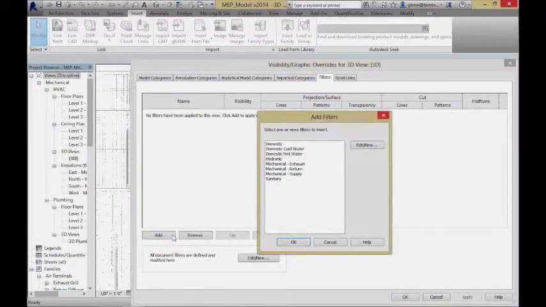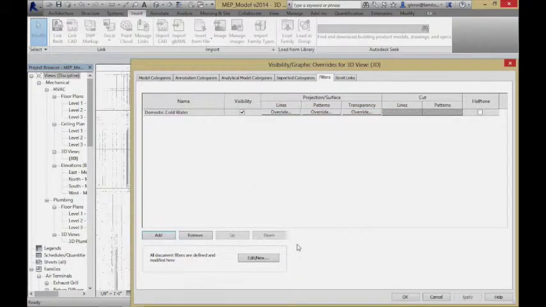You can set up filters that control how different types of systems are displayed based on different qualities that you can select, like a database search. So for example, if I choose the domestic cold water filter,